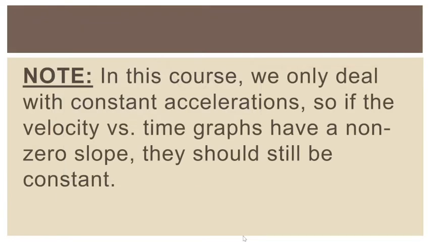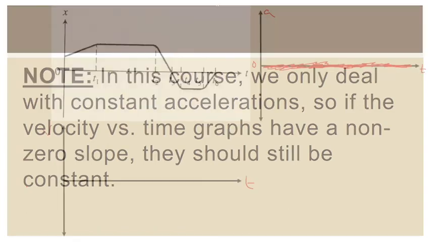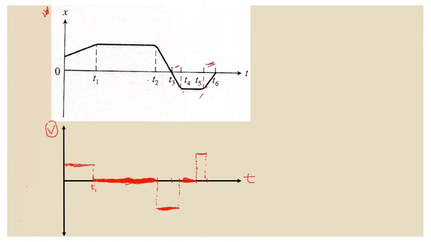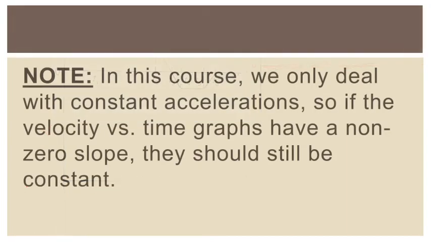But before we do that, I just want to remind you a very crucial reminder. This crucial reminder says in this course, we only deal with constant accelerations. So if the velocity versus time graphs have a non-zero slope, they should still be constant. And so notice we did that. Now here, the slope was 0. But even if the slope is non-zero, because there will be an acceleration, if you're drawing them, you should just draw them